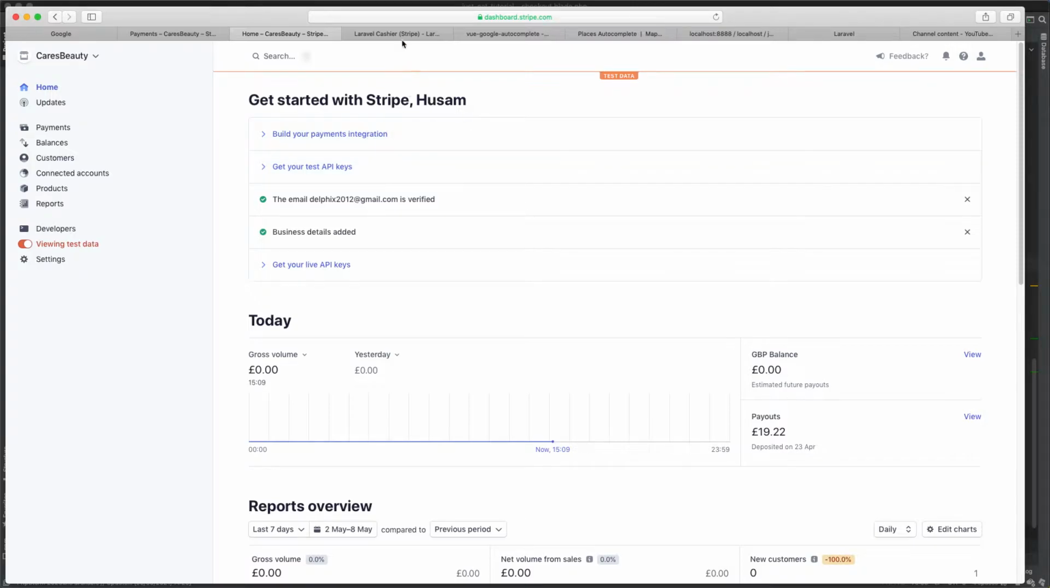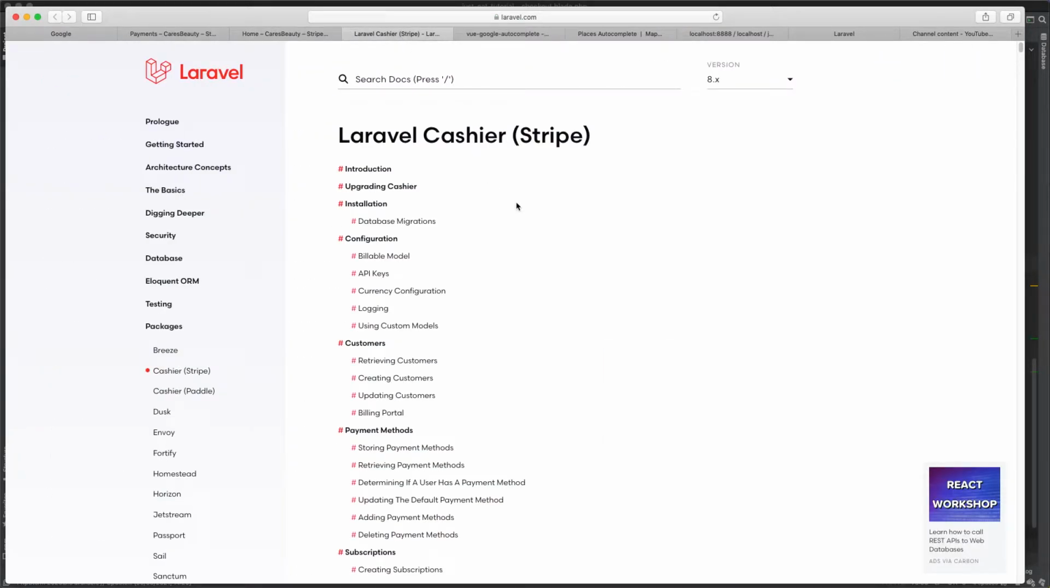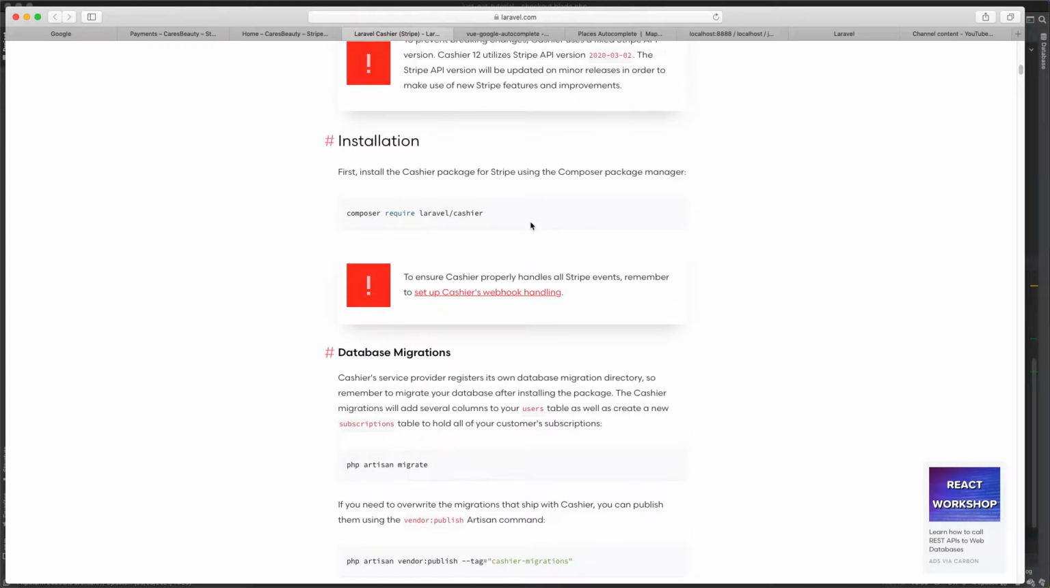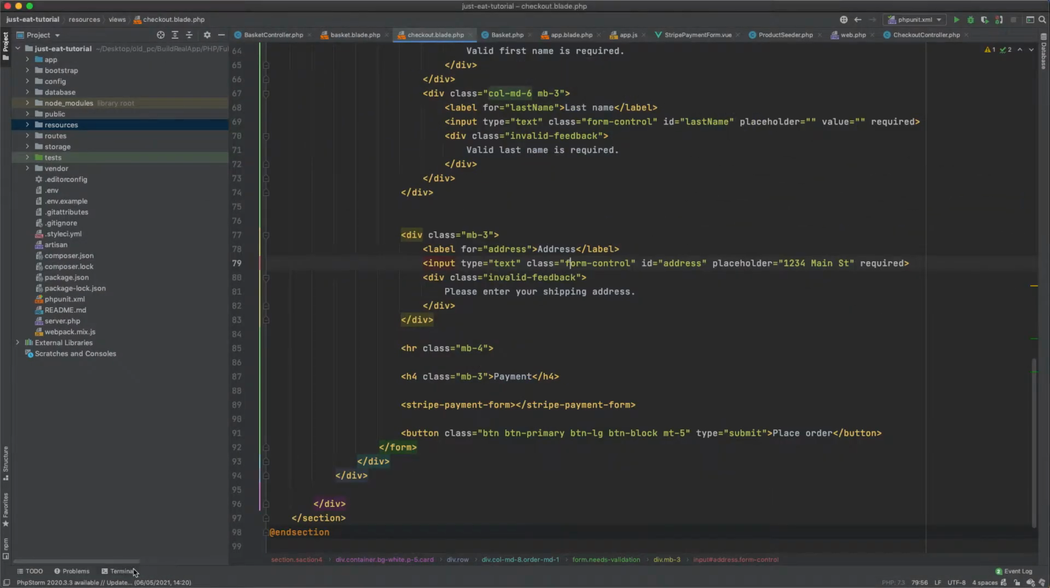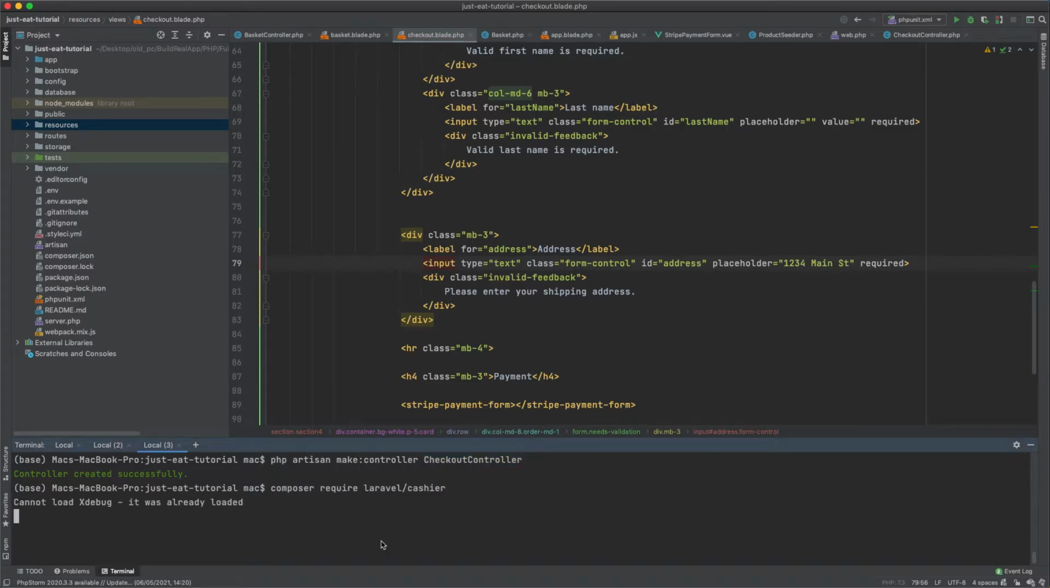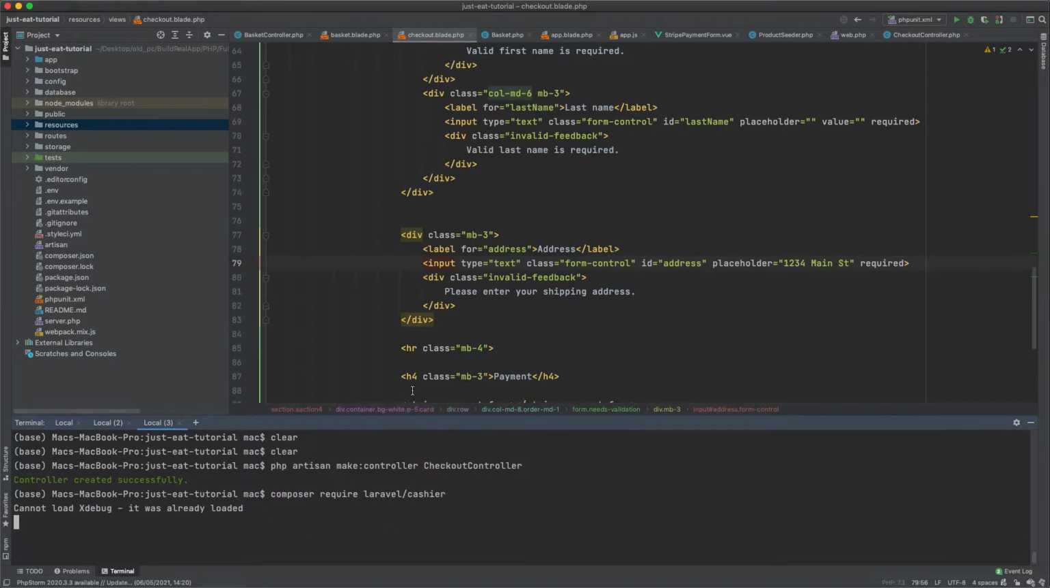After this we can do this manually, integrate API Stripe, and it's not very hard, but Laravel provides Laravel Cashier for us, so let's use just that. And I will first of all install this library. I will come here. So this is the first step,